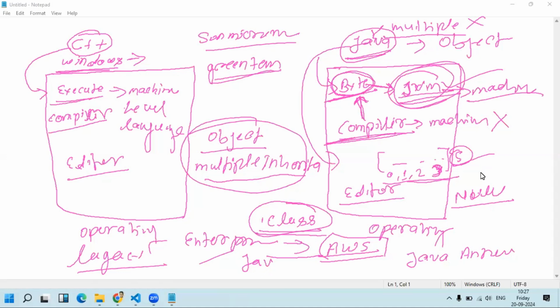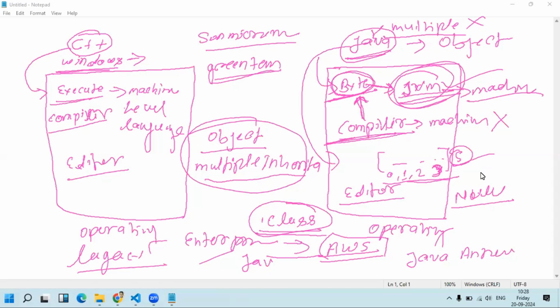So let's now move to writing the code of Java. Before writing the code, we need some setup and configuration on your machine to write and execute the code.